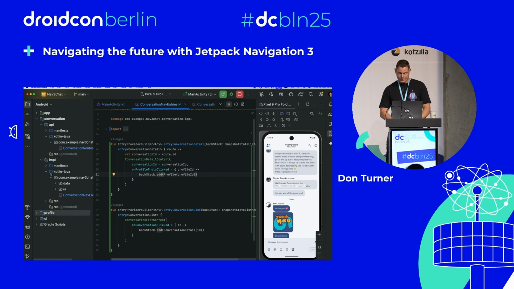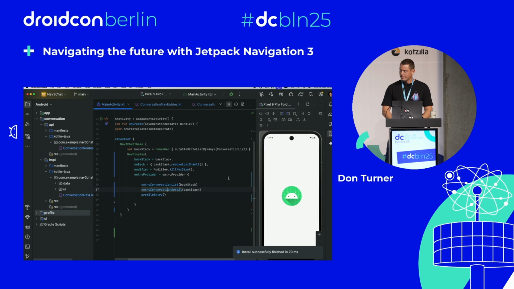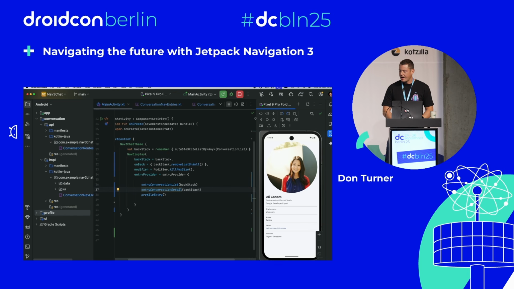So that should be everything I need to do to add this new feature. So let me just rerun this and keep our fingers crossed. So what we're expecting is when we tap on the profile image, we see a new screen. There we go. So we have added a whole new feature there, and the only thing that we needed to